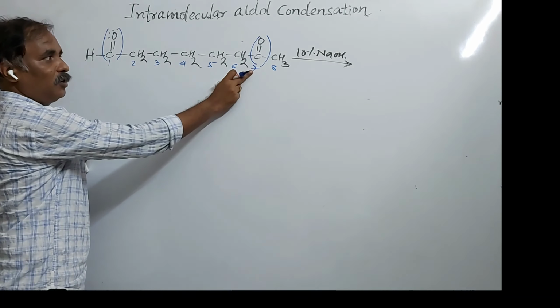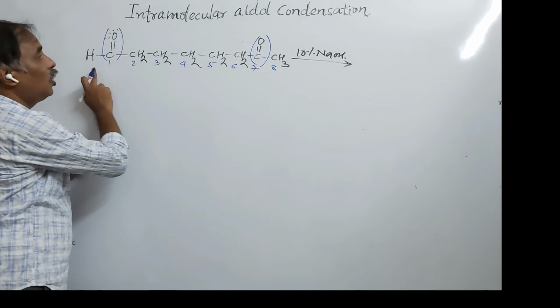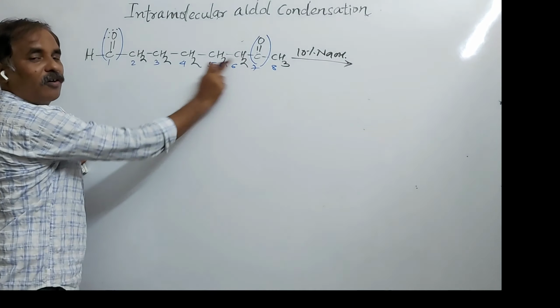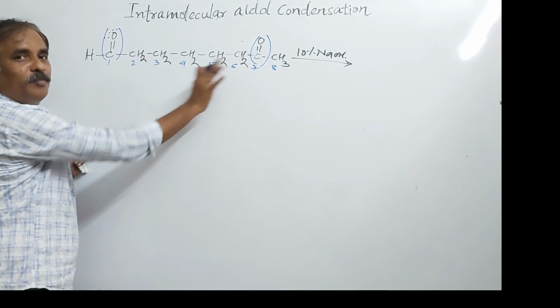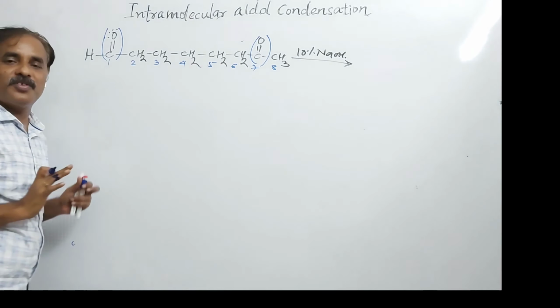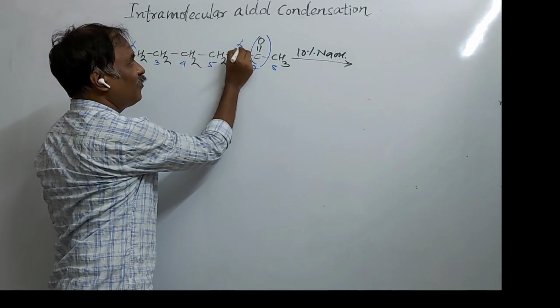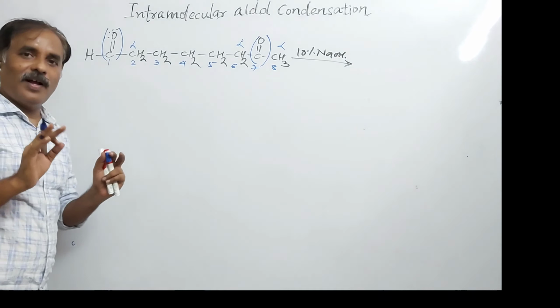So 7-oxo-octanal is the IUPAC name of this compound, because in IUPAC nomenclature of a multifunctional compound, the carbonyl group is said to be oxo. So 7-oxo, 8 carbon atoms are there, octane, the ending E will be replaced by AL, and 7-oxo-octanal is the name of this compound. So with respect to this aldehyde group, this is the alpha carbon. With respect to this carbonyl group, here it is alpha, this is also alpha. 3 alpha carbon atoms are there.